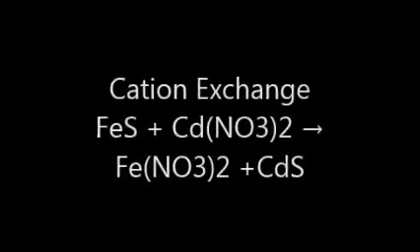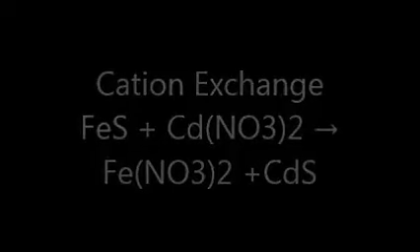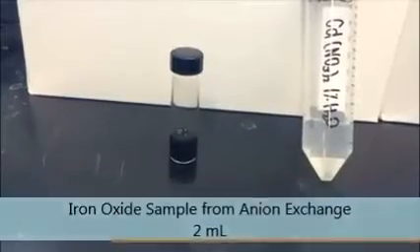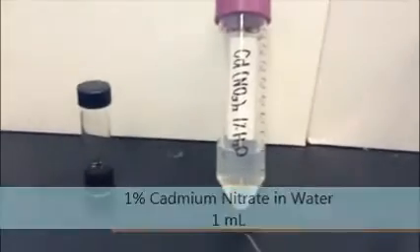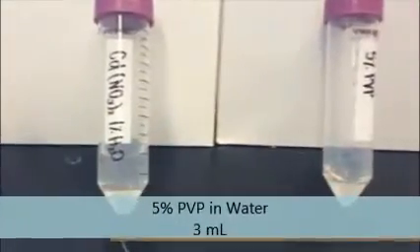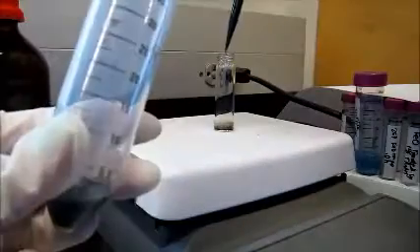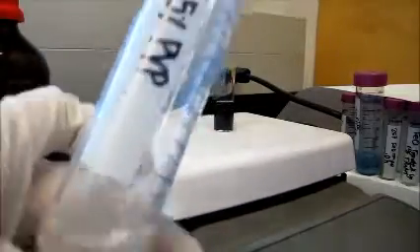The cation exchange reaction is iron sulfide reacting with cadmium nitrate to form iron nitrate and cadmium sulfide. In the cation exchange, we will be using the iron oxide sample, 1% cadmium nitrate in water, and 5% PVP in water. In this experiment, we will add 2 milliliters of iron oxide sample, then add 3 milliliters of 5% PVP,